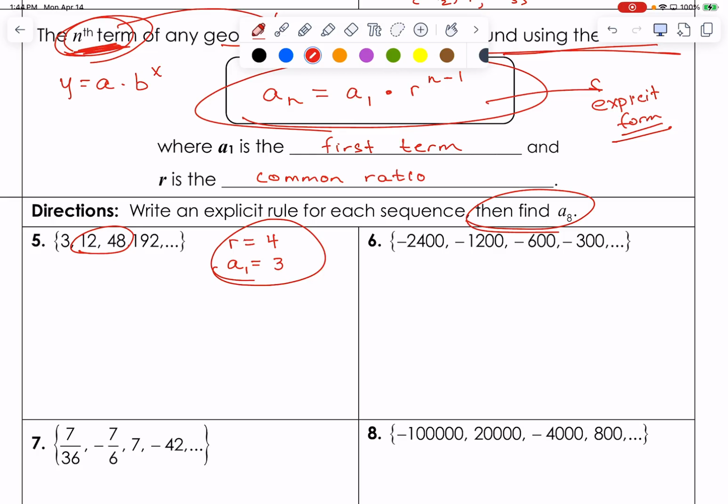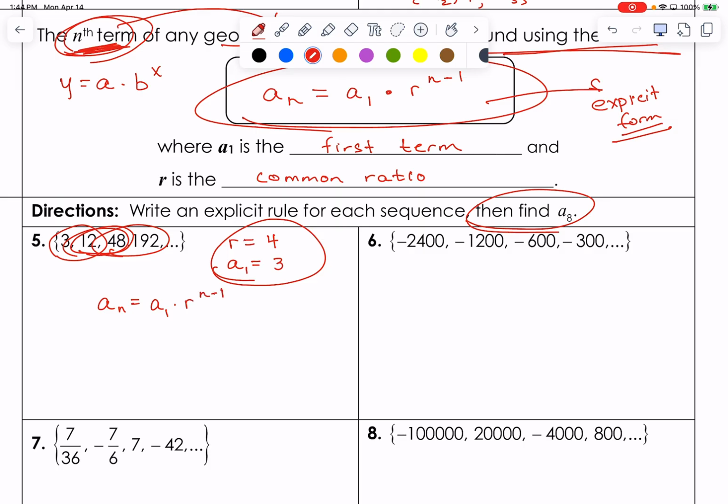All right, now the formula, it wouldn't matter which ones you do. You could do 12 divided by 3, 48 divided by 12, 192 divided by 48. They all work. Okay, but they've got to be consecutive. They've got to be in a row. Now, the formula is A sub n is equal to A sub 1 times R to the n minus 1